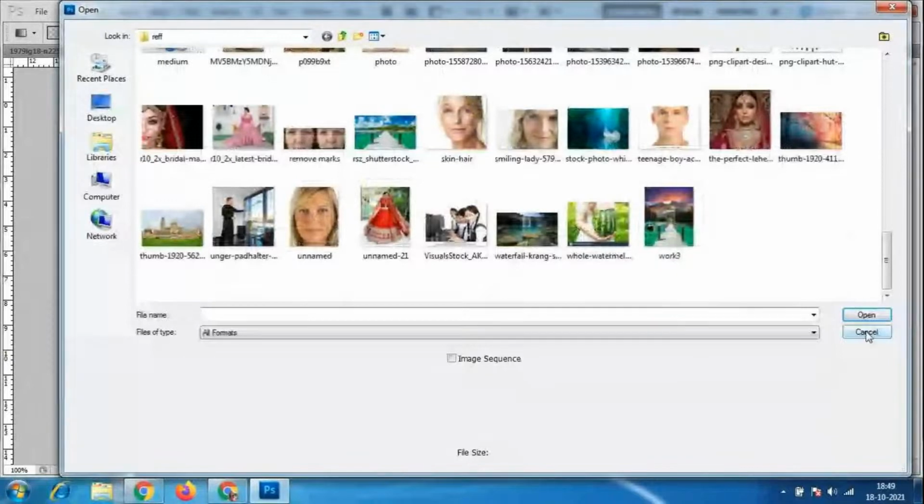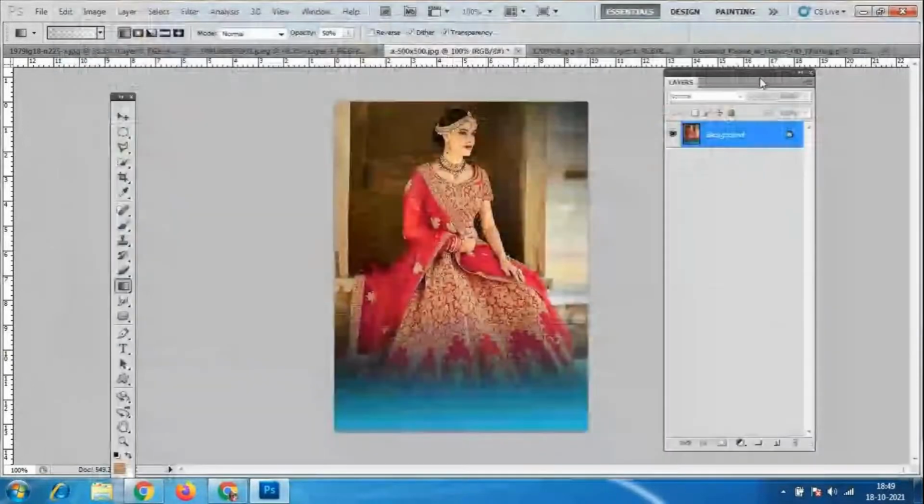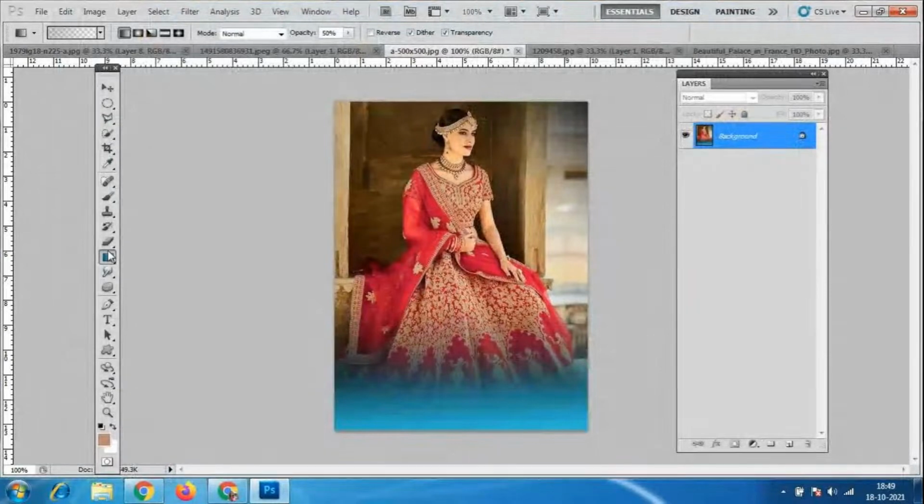Anybody having any doubt with the paint bucket tool and gradient tool? These two are very simple options, okay? There are not many things in them. We will come back to this again. Gradient tools are very important. We can use this gradient tool on text, and only the portions we select will get the gradient, okay? We can apply it to images also. So many things you can do with this gradient tool, okay? It is very important, so everybody please practice the gradient tool and paint bucket tool.